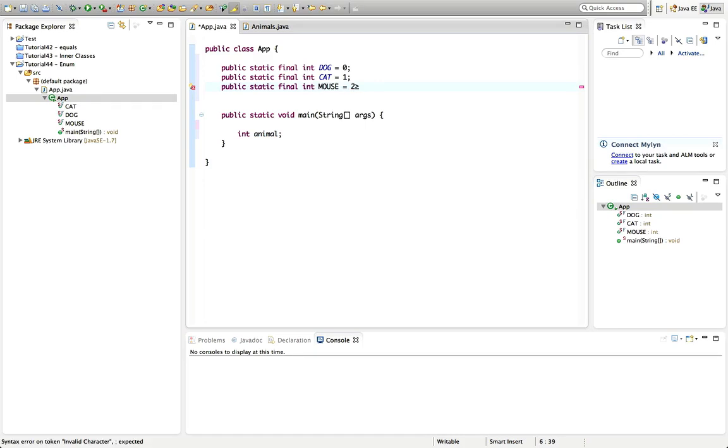And then later on, I can set this integer value to one of these. So I could say int animal equals cat, and I can do stuff with that like switch animal. Let's put the opening bracket there. Case, well, actually, the quickest way to fill in this switch would be to,